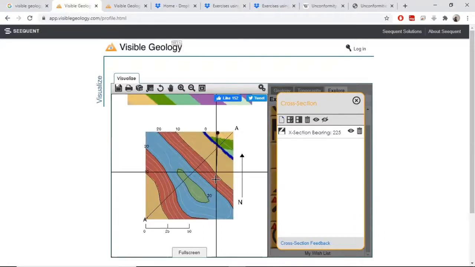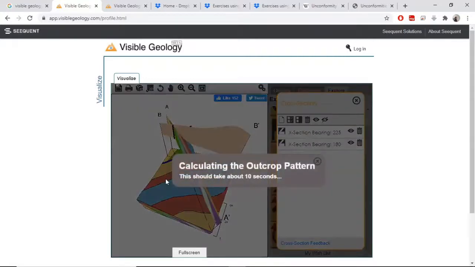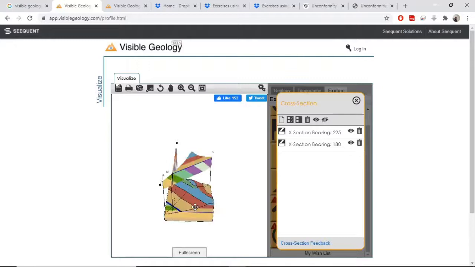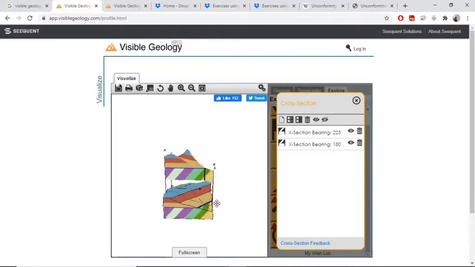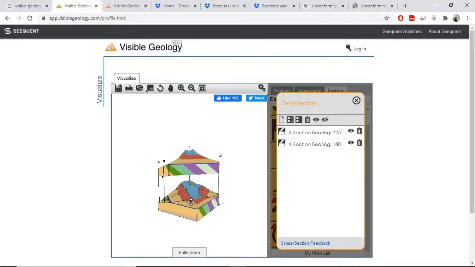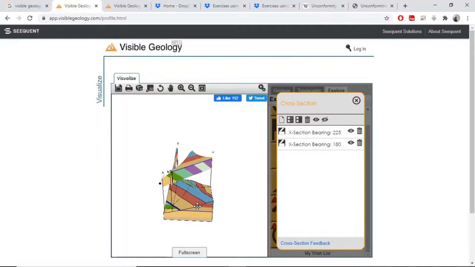Similarly, we can try making cross sections along different line segments, such as shown here. And using these cross sections, we can get an idea of the 3D representation of the rocks.